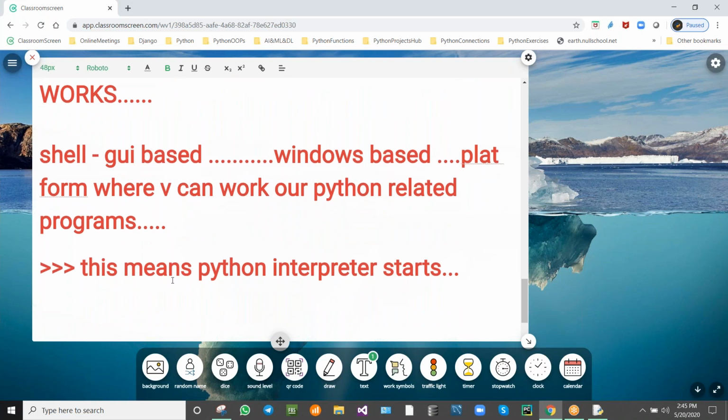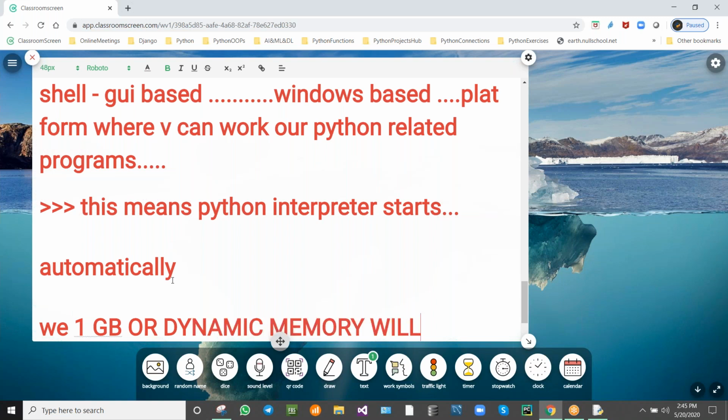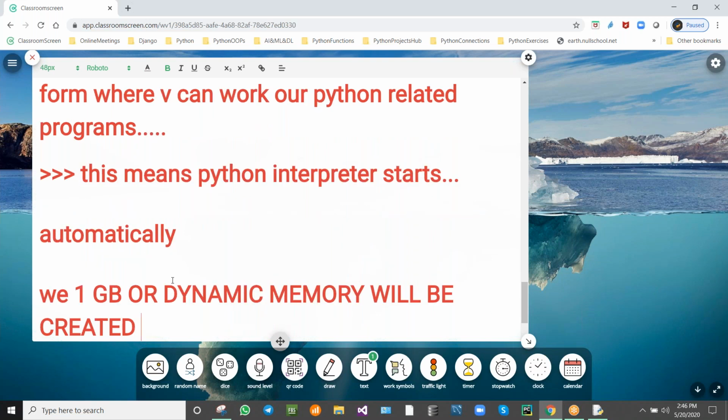Automatically 1 GB of dynamic memory will be created.